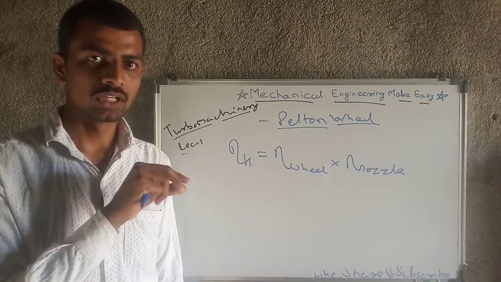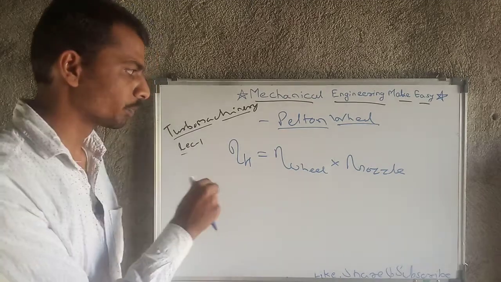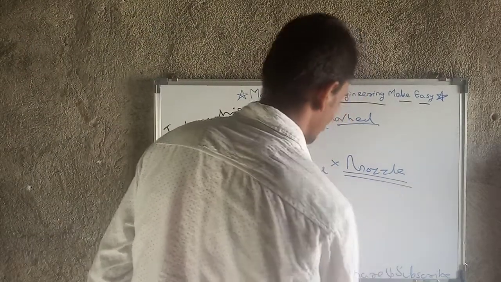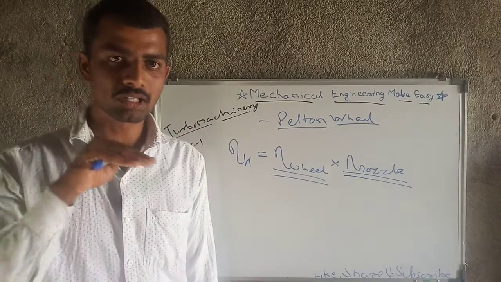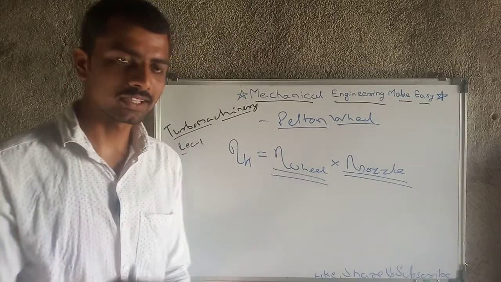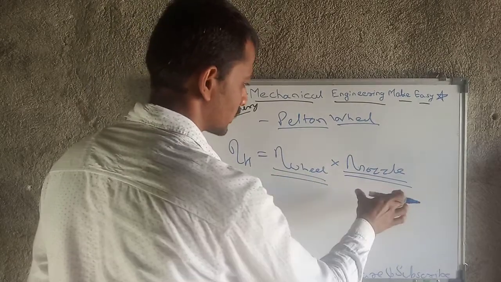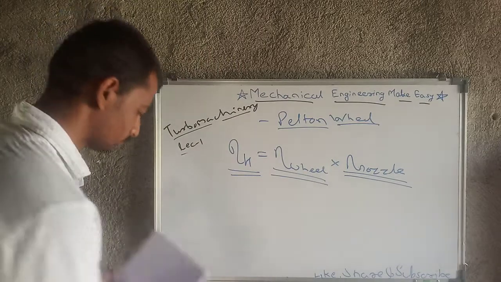In that nozzle, the area decreases and velocity increases, so because of that a number of losses may occur, that's why the nozzle efficiency plays a role. And the wheel is also not capable of taking all the power from water, the losses are there, so that's why the efficiency of wheel. So combination of wheel efficiency and nozzle efficiency, that is hydraulic efficiency. Okay,